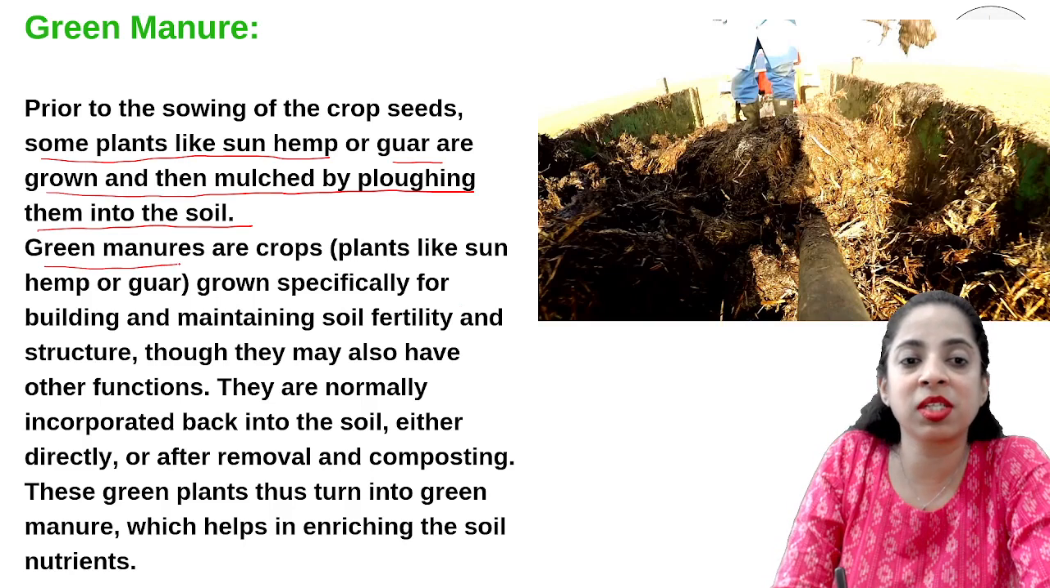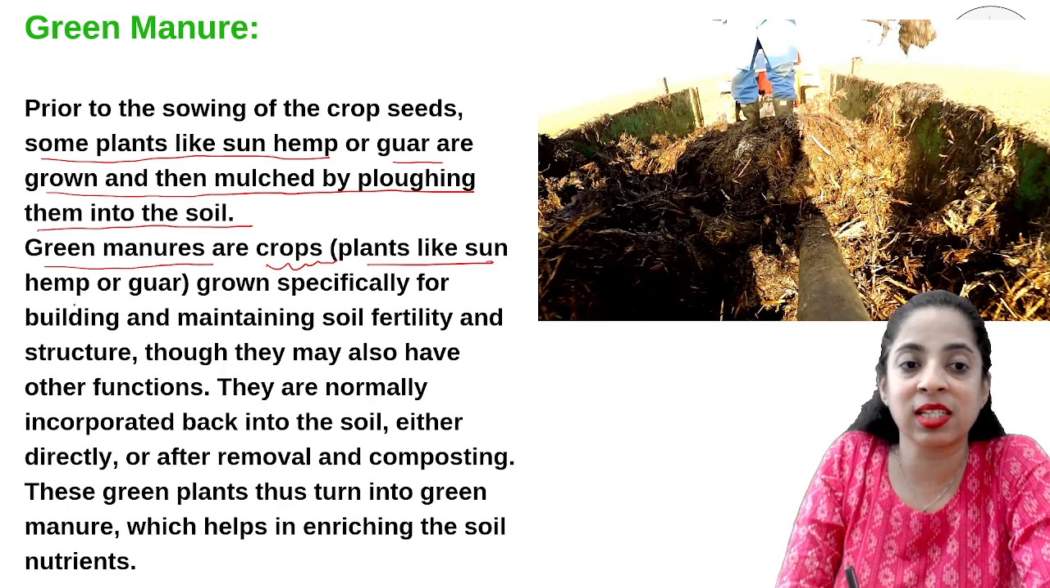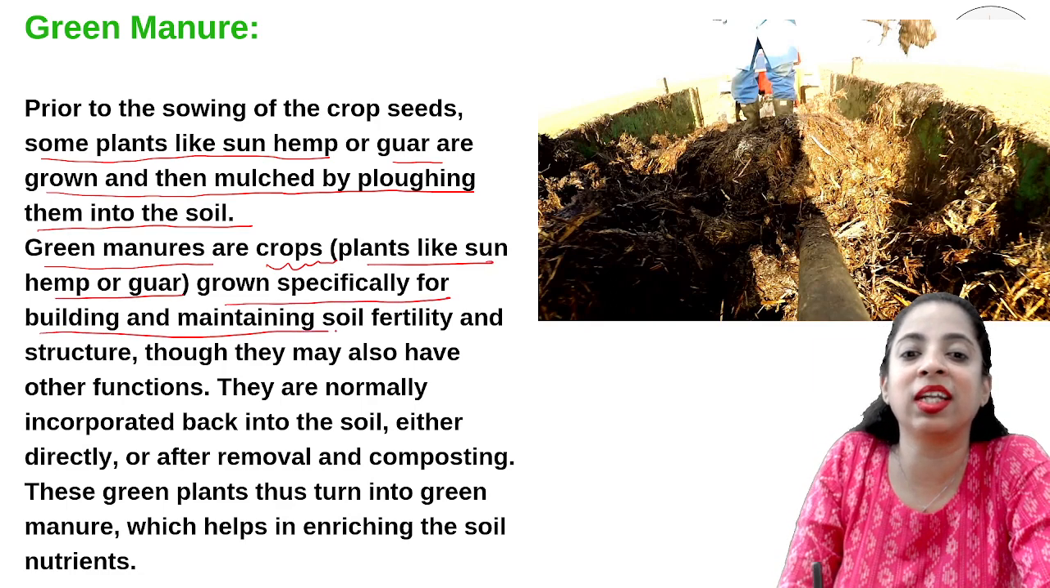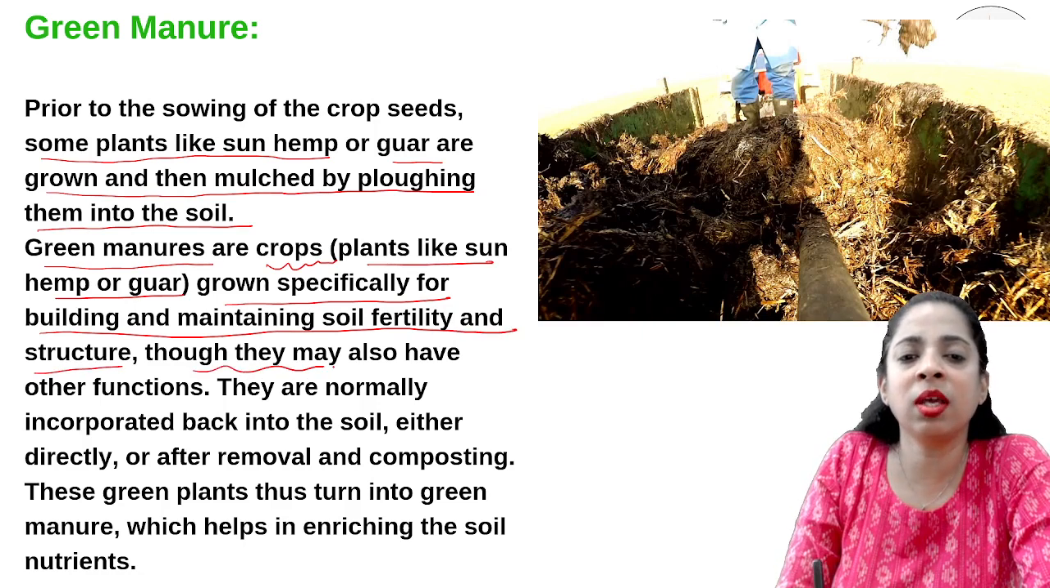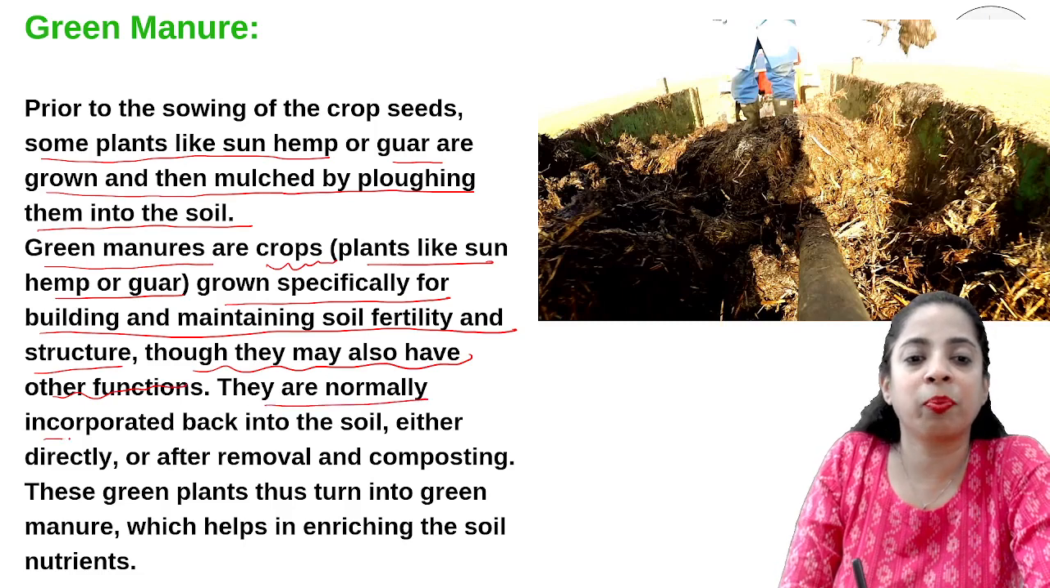सो ग्रीन क्रॉप्स, ग्रीन मैन्योर क्या होते हैं? ये क्रॉप ही होते हैं, प्लांट्स लाइक सन हेम्प और गुआर. They are grown specifically for building and maintaining soil fertility and structure. Okay. Now, though they may also have other functions, they are normally incorporated back into the soil either directly or